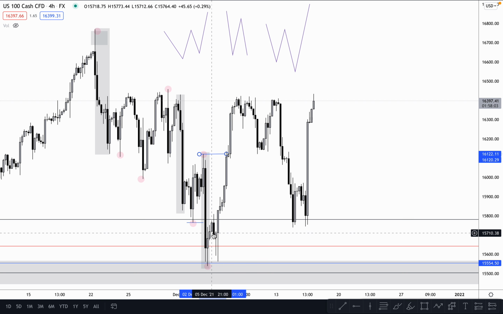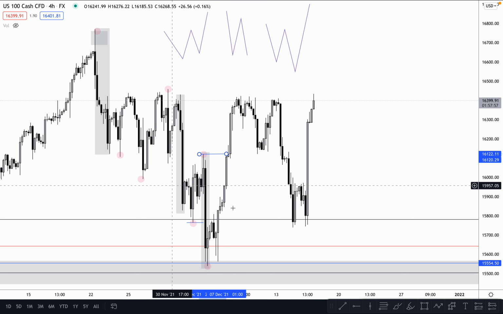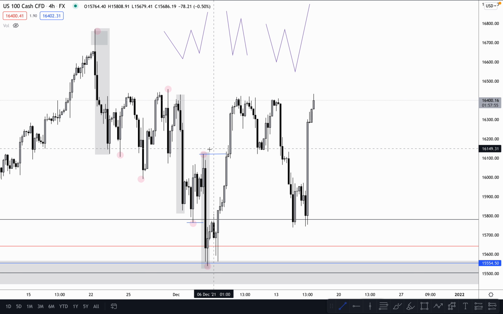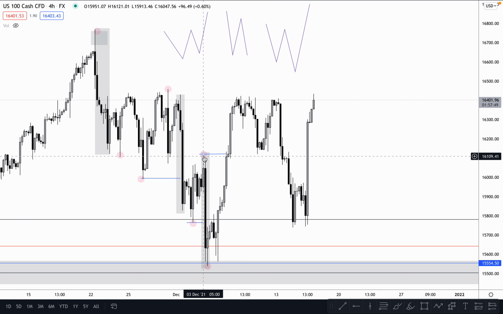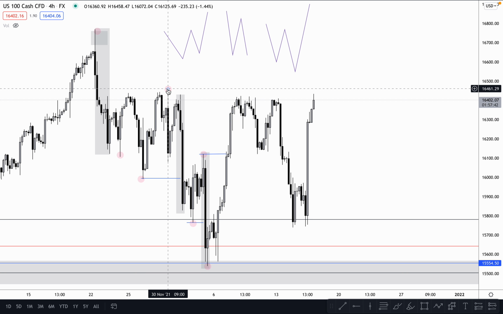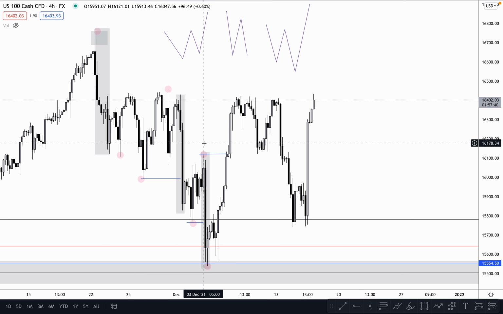So what you have to wait for is to see how market is going to react from this one, if we're going to continue respecting this zone. And at the same time, why I'm saying this one is another structure is because we took out this low. You see, we break the low, then market comes back to create this area, then drops. So already this is lower low, lower high, lower low, lower high, lower low. Then we break the area. Remember, this is our daily